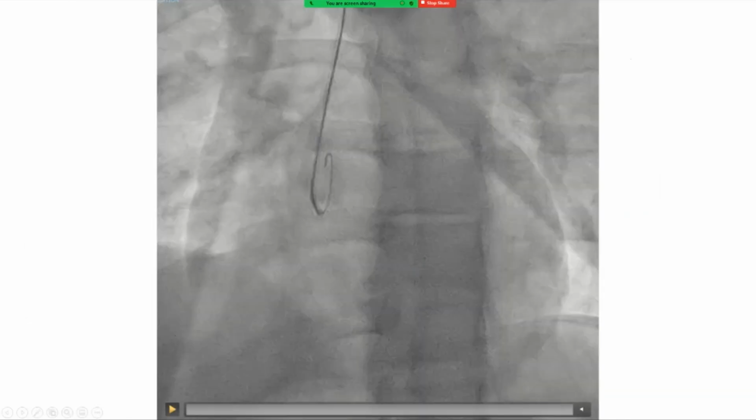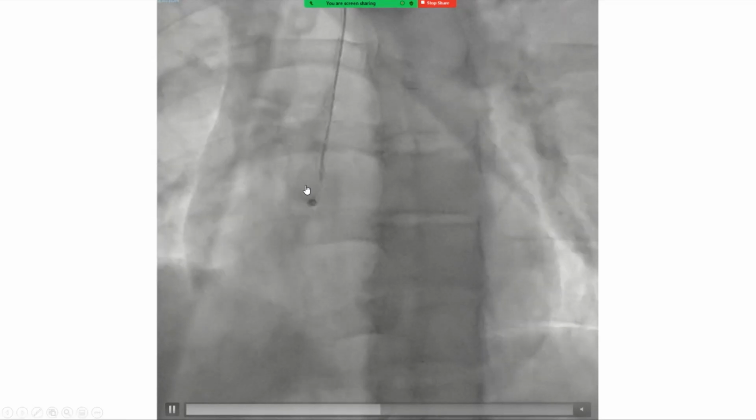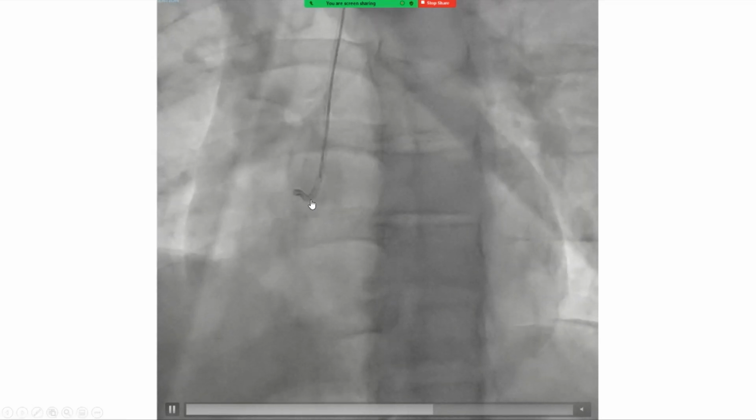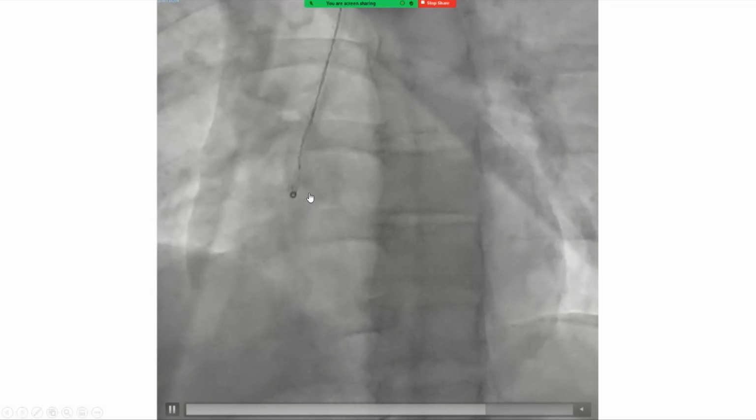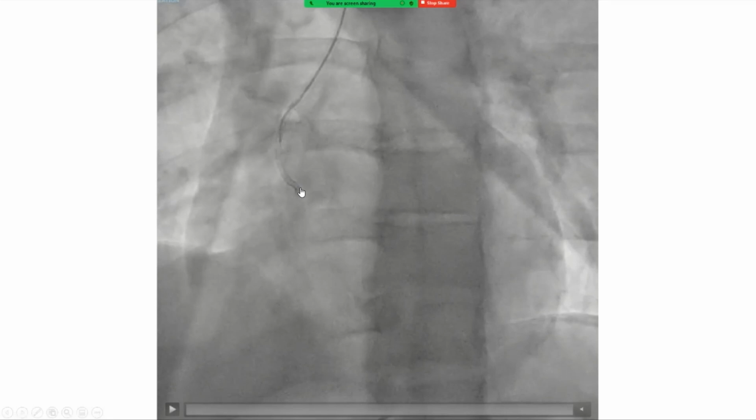This is another illustration. Here we have the Amplatz Left on the right cusp and elongated. However, it is not free. It feels stuck. So the fellow here tried to torque it while it is somewhat stuck, and he started to push too early. So he made two mistakes. He started to torque it while it was somewhat stuck, not free, and he pushed on it and made it